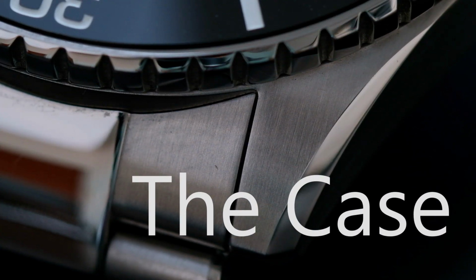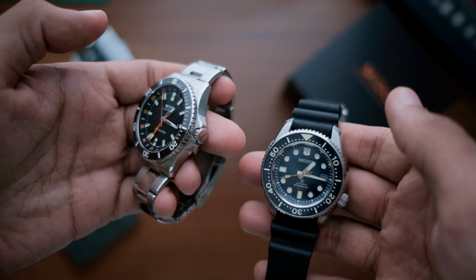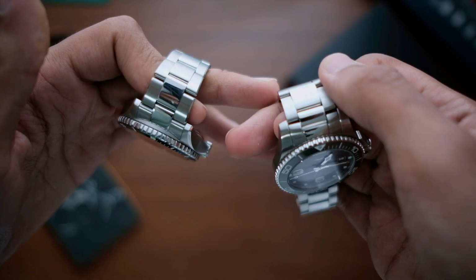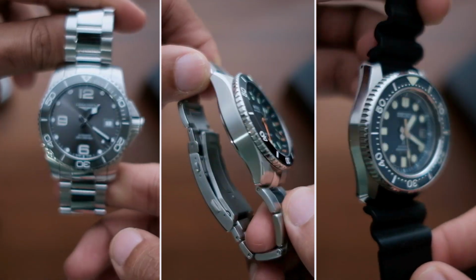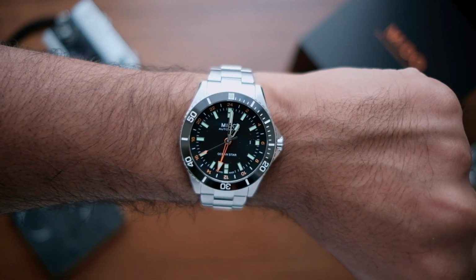The case on this watch is rather simple, especially when you compare it to the Marine Master 300 I previously reviewed. But if we compare it to the Longines Hydro Conquest, it is slightly more complex. So the case design complexity sits somewhere in between those 2 watches. At first glance, this is a big watch, and that is all because of the huge dial surface coupled with